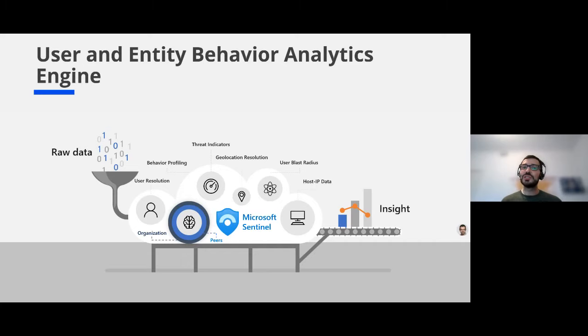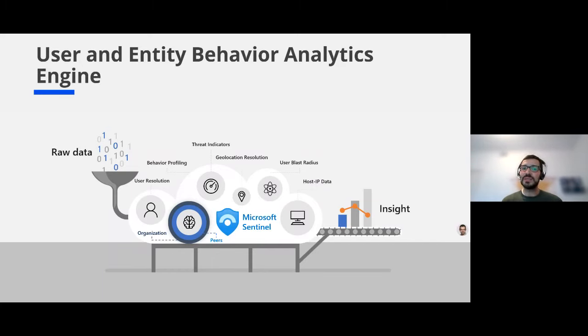After that, we go into the behavior profiling itself, and we look at this in 3 layers. The first layer is the user itself, so it's the activity that the user is performing, and whether it's something normal for him or her to do. Also, we look at the second layer, which is the peers. So from that individual and its peers, is that something common that is happening across that team?